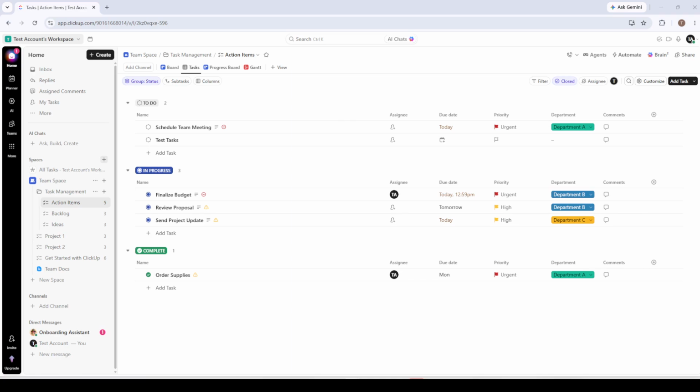In today's video, I'm going to show you how to export your tasks from ClickUp as a CSV file, and I'll cover two completely different methods so you can choose whichever one fits your situation. ClickUp is one of the most powerful project management platforms out there, and knowing how to get your data out of it in a clean, portable format is an essential skill, whether you're reporting to stakeholders, migrating data, or just